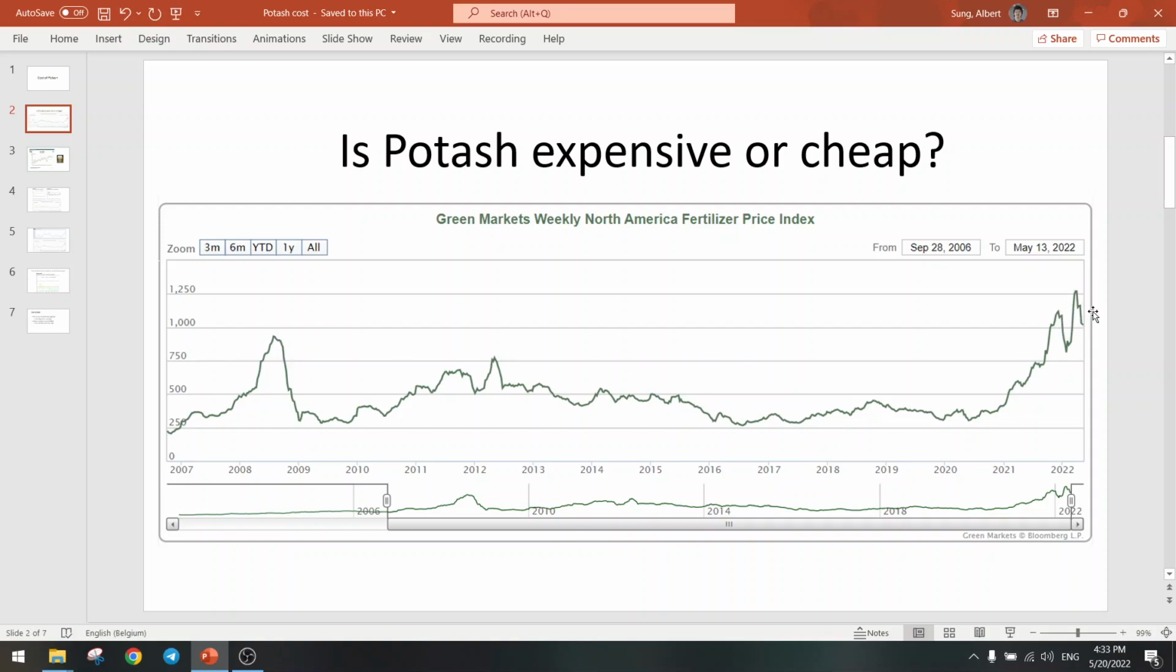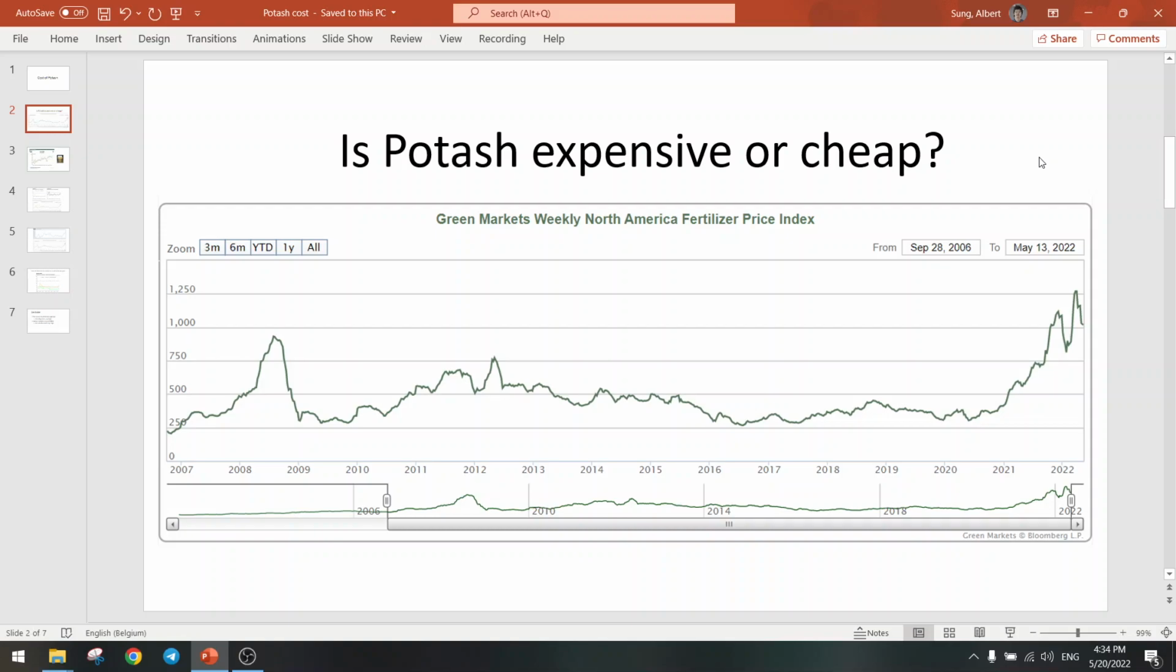You could say that potash is now too expensive for the farmer, and the farmer would not want to use potash anymore because it's too expensive. So the demand will go down, and potash prices will go back to this level. But you can't just guess this. You need to calculate this. So is potash expensive or cheap around this price? How do we calculate this? Well, there is a thing like